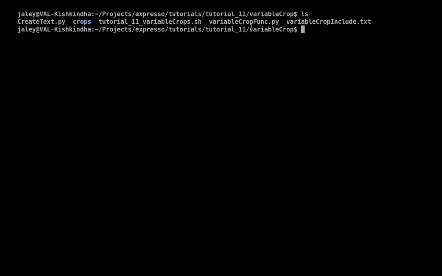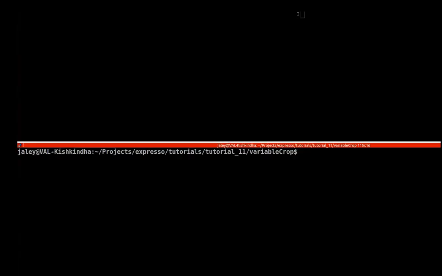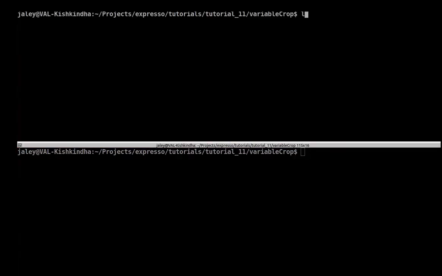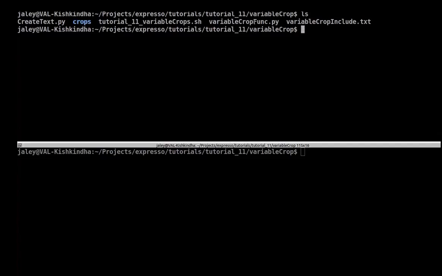These function files are the ones which we have to include. So where to include? Let's see. You have to include these function files, variable crop func and the multi-label func, inside the augmentation